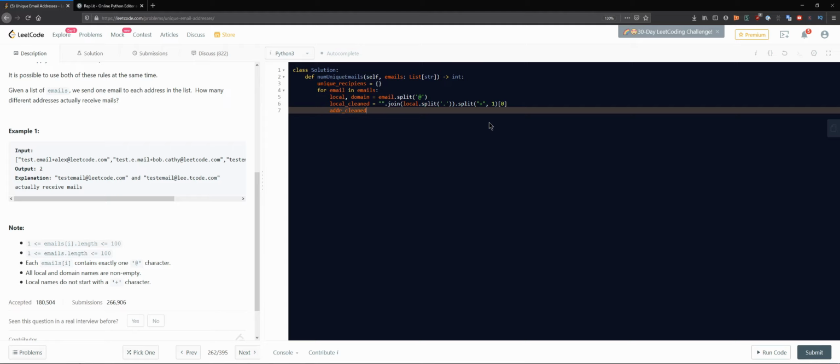address, and I'll just create a separate variable. We can actually work with it here, but I don't think that's necessary right now. We'll do address cleaned, and this will be our local cleaned, right? And then we'll do join, I think was it, and then it will be, I guess, an add, and of course after the add we'll also add,